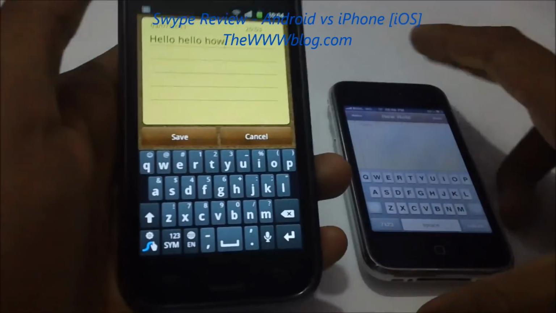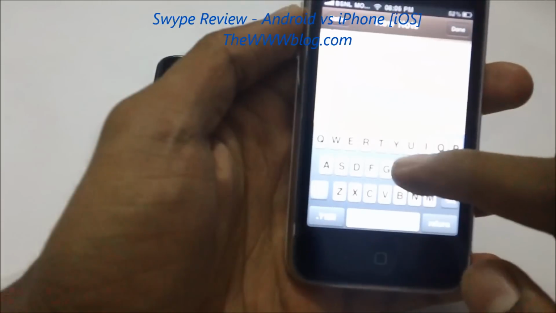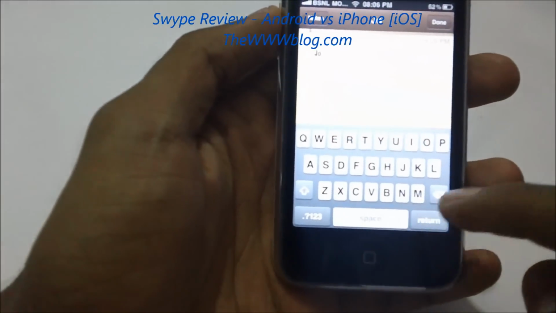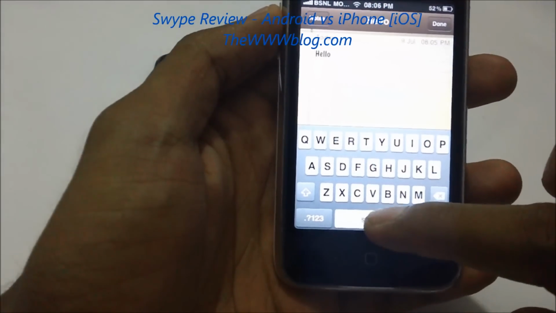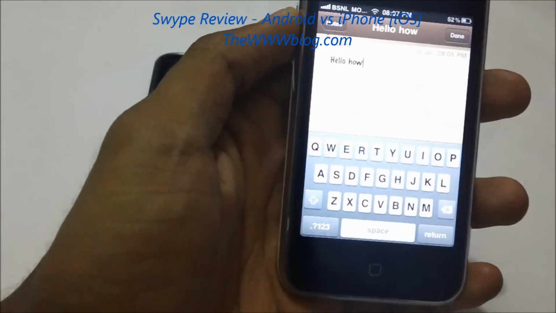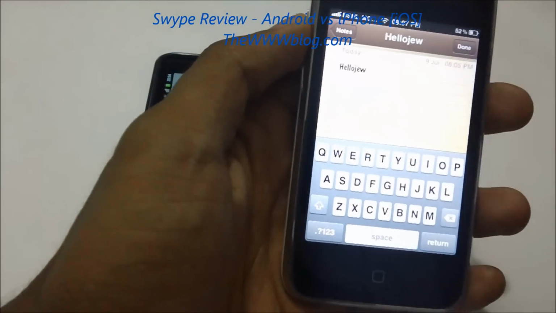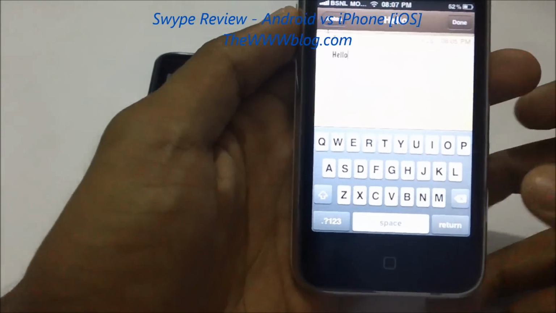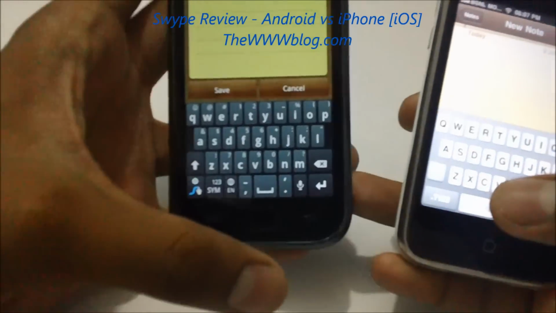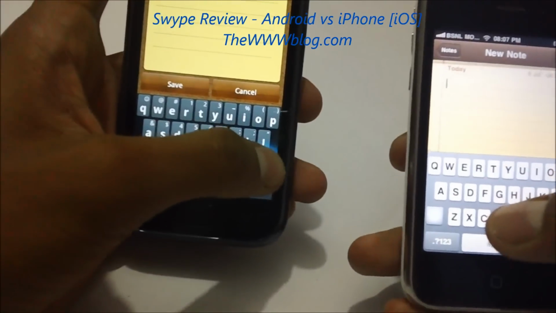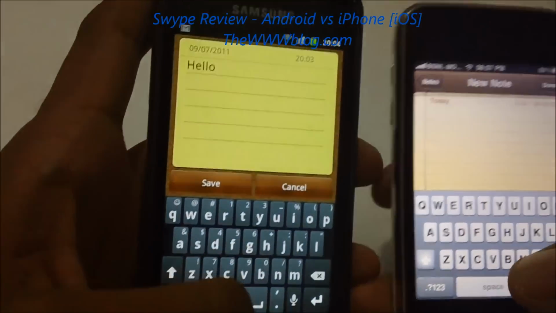Look, the space is automatically set, but in iOS there's still nothing like automatic spacing. You have to manually hit the space. This is coming without the spaces, and the other feature of it is the deletion of the words.